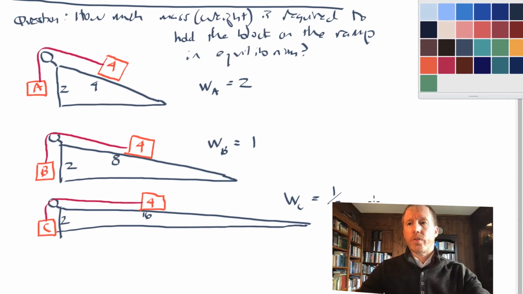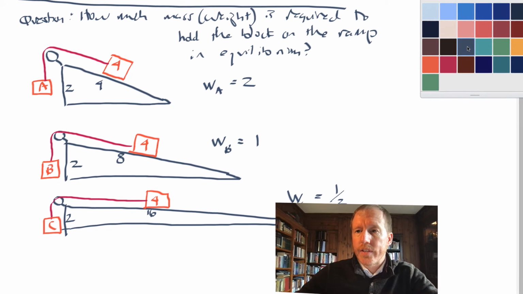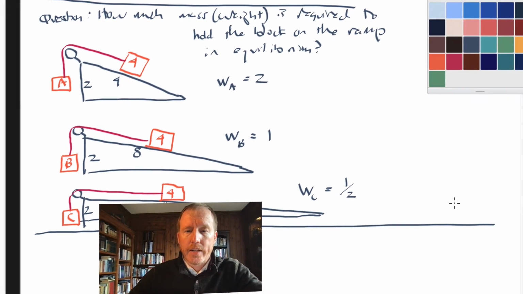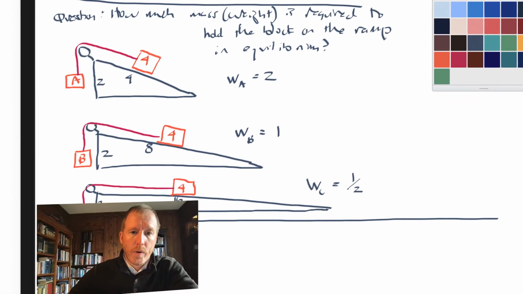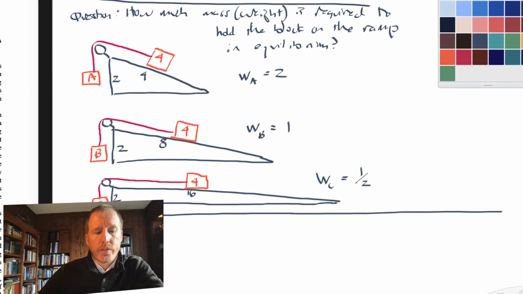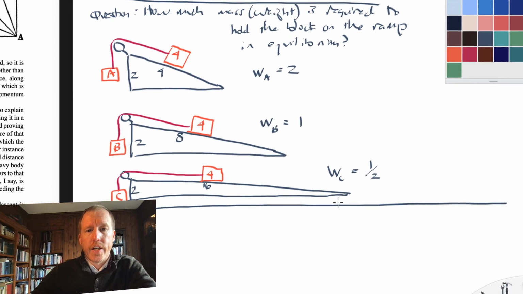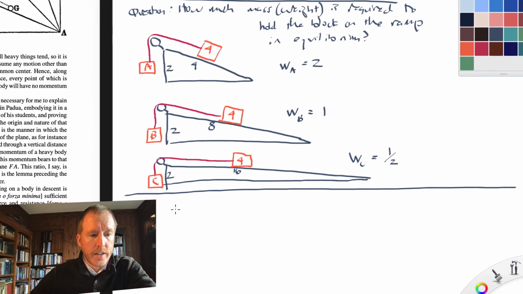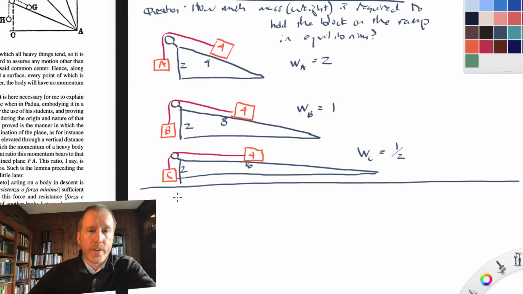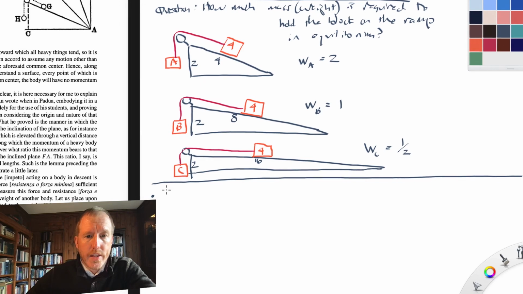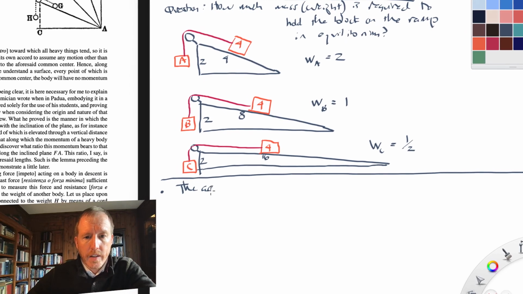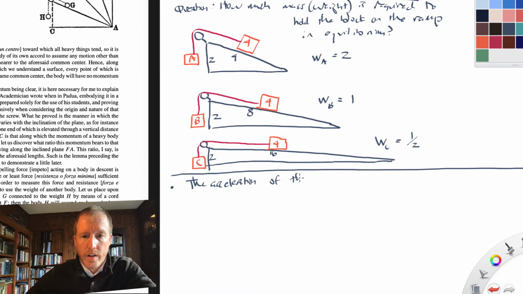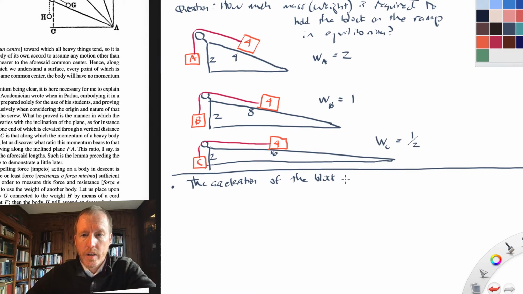Okay, so far we've been talking about the weights that are required in order to hold something in equilibrium on a ramp. But that's not the main point that Galileo is making. What he's really getting at is he wants to talk about the acceleration that this block will have if this cord is cut and it's allowed to slide down the ramp. And the main point that Galileo is making is that the acceleration, or this is where he's going with this, the acceleration of the block down the ramp